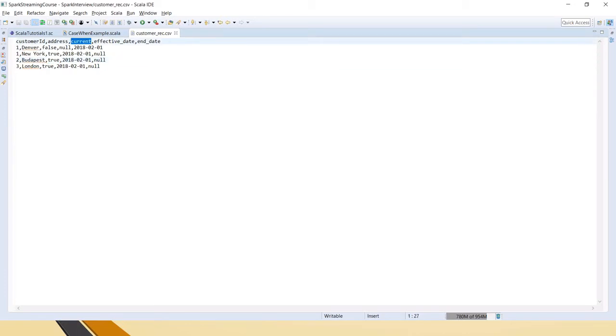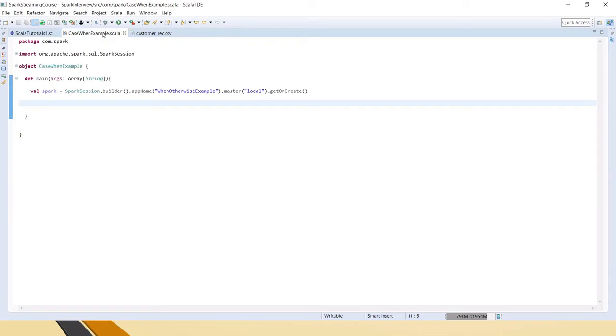If you see the third column, current, based on the value in the current column we have to add another column called flag, which is not there now. We will see how to code it using when, otherwise, and also how to use case when in Spark SQL. We will see both ways, using the data frame API and using a select query in normal Spark SQL.